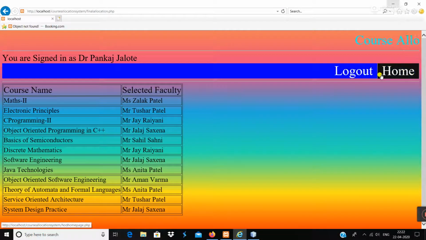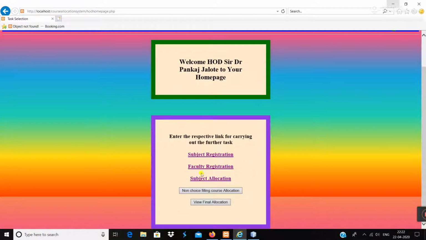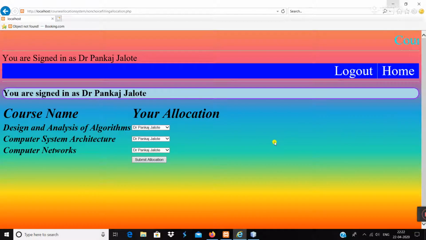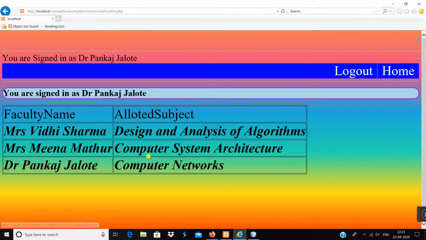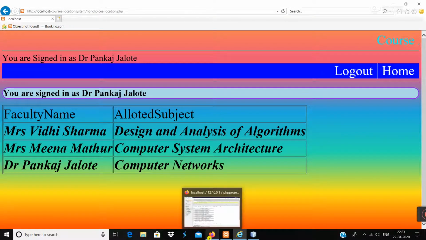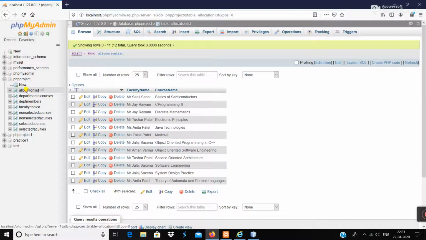Now I will be showing you the non-choice filling course allocation, that is for those who are expert in some subject and they did not give choices. So when I click on submit, you will be able to see these entries in this table, allocation list. This is the faculty name and allocation.